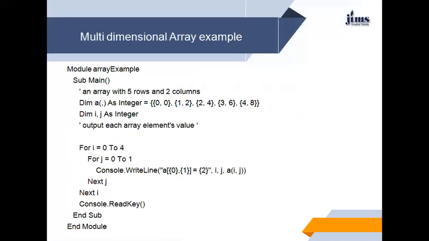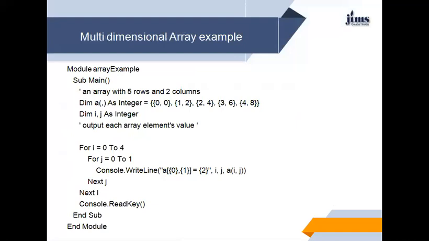Here we are defining Dim a as Integer, with values 0, 0, 1, 2, 2, 4, 3, 6, 4, 8. Here we are declaring as well as assigning the values. And i, j as Integer.